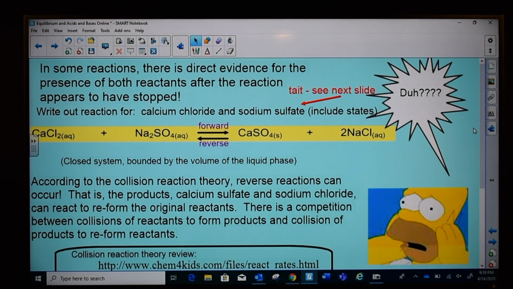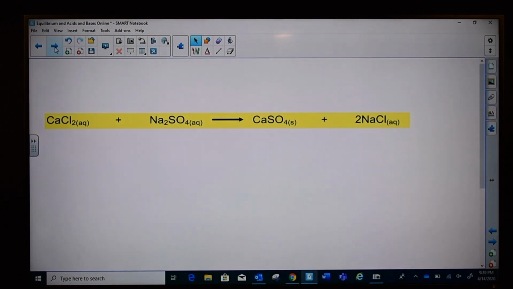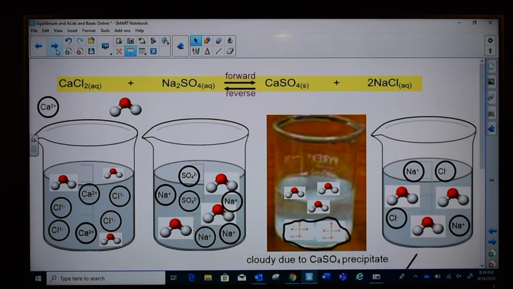According to the collision reaction theory, you have calcium ions and chloride ions swimming around in a beaker of water, and sodium ions and sulfate ions swimming around in a beaker of water. When those ions collide, if they collide enough and in such a manner with enough energy that they reorient themselves, they will form something new. So what I've done here on this slide, and I want you to ooh and ah please,